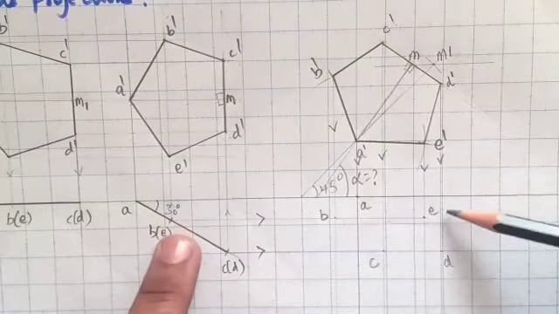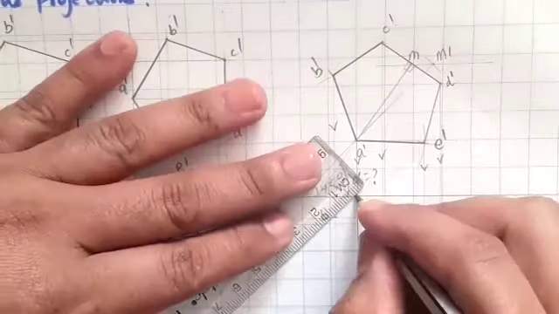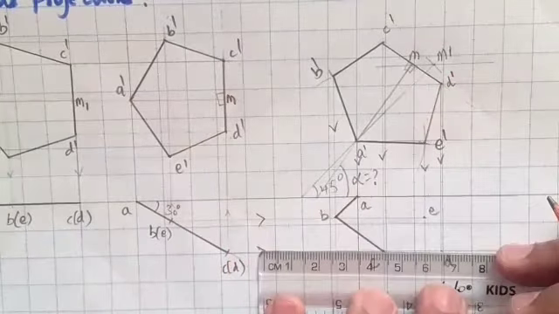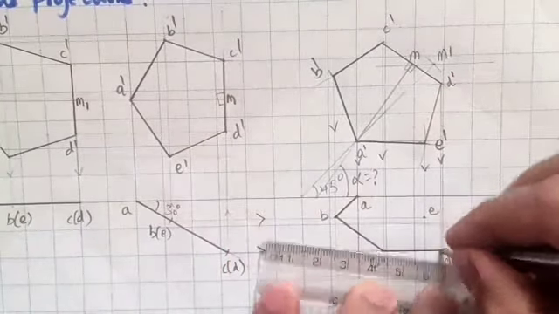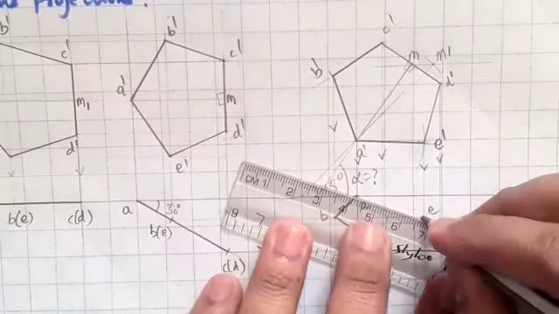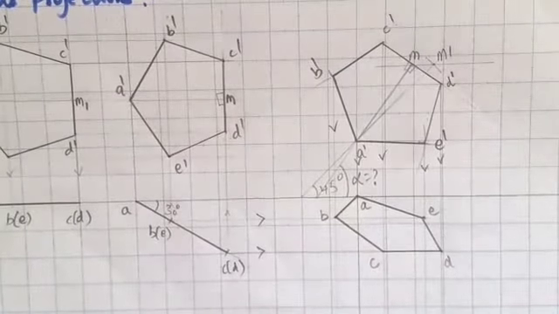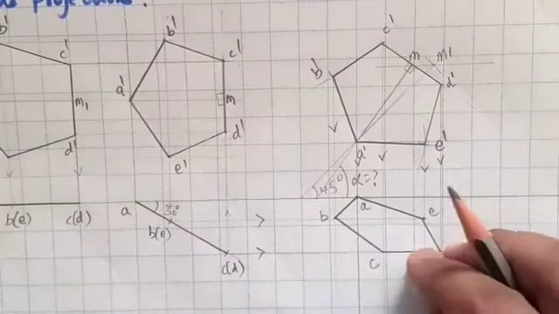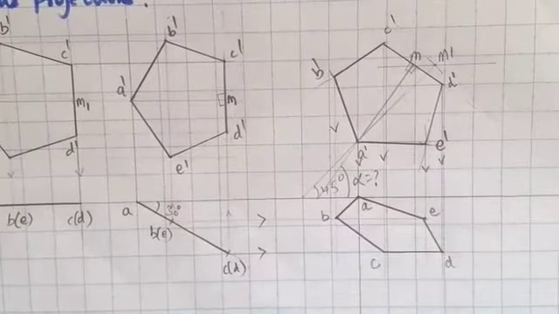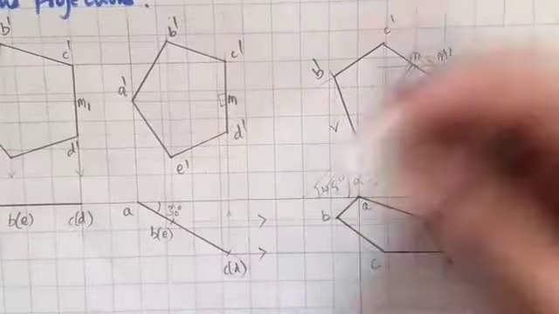Next, from E, I am drawing a line till it meets the E dash projector. So join everything. Join again A to B, B to C, C to D, D to E, and E to A. Unwanted extra lines can be erased. And identify this alpha angle. How much is the alpha angle? That is what you are supposed to find out.